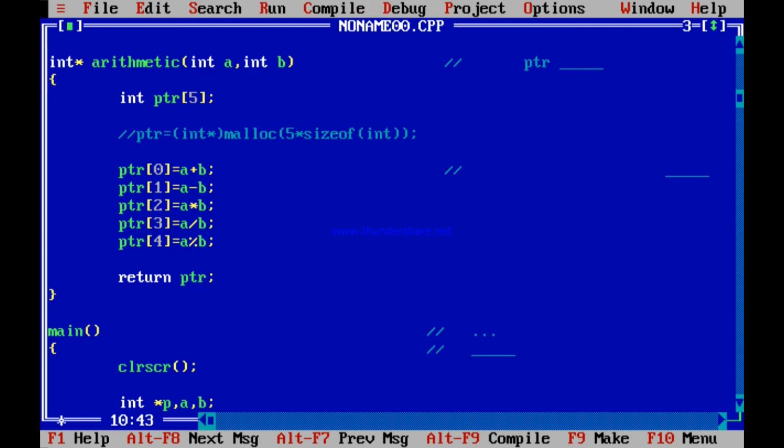In fact, int PTR[5], yes, it is the same as PTR equal to int star malloc of 5 into size of int, using PTR as star PTR, but there is some problem with functions. In functions, it is said functions have got a scope and a lifetime associated with them, which I will also explain in a bigger way later, scope and lifetime.